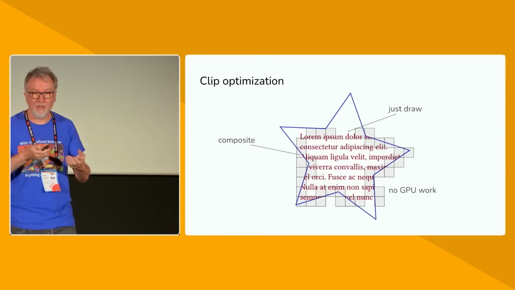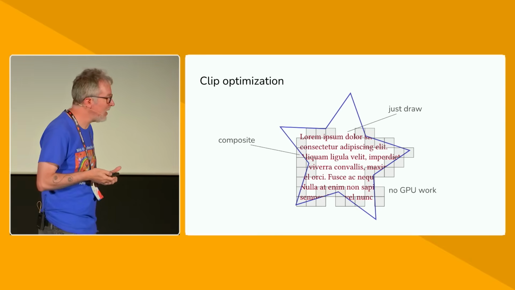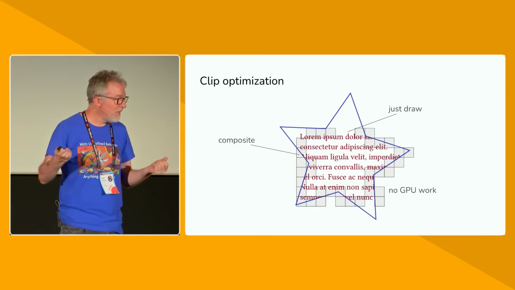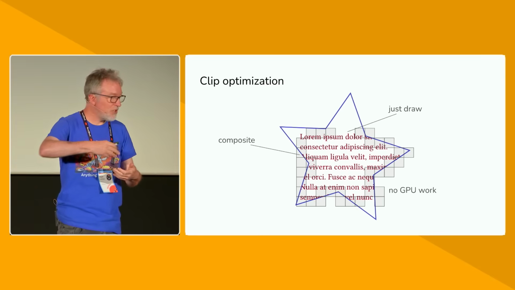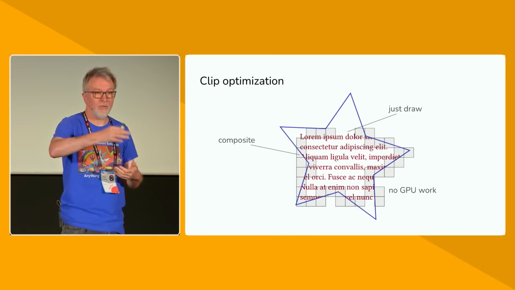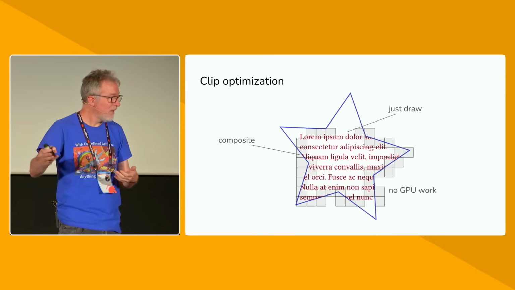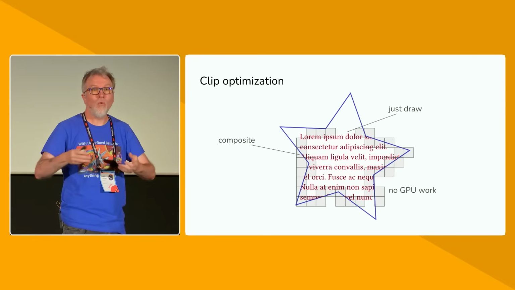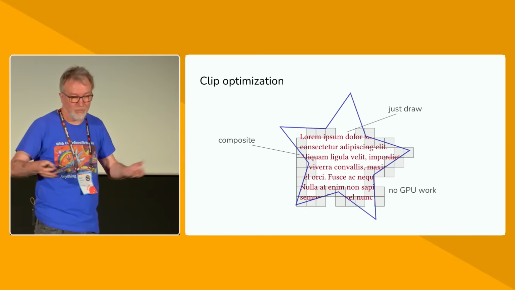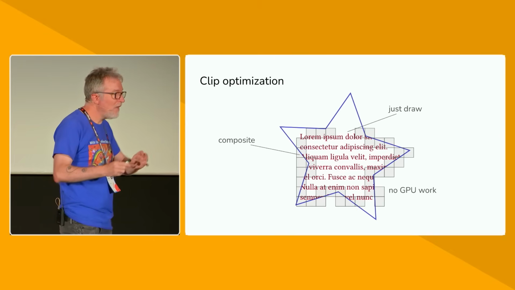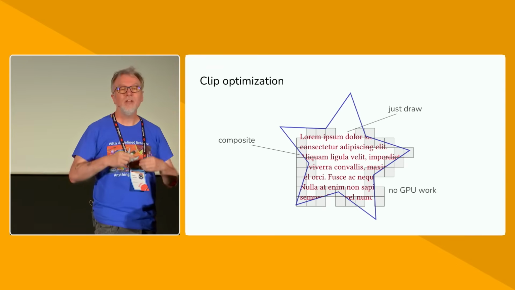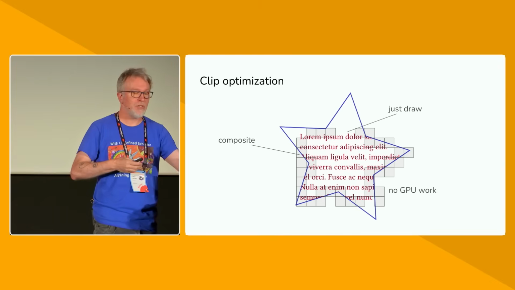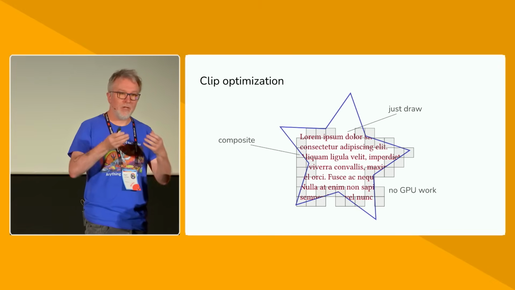So we classify every tile in the clip path into basically 3 possibilities. If you're in the interior of the clip, then you just draw. You just do the same drawing of the interior contents without doing any special processing for the clip at all. If you have nothing to draw, or if you have no clip path, then you don't schedule any work to the GPU. You don't need to draw any pixels, so don't draw anything. And then for the third classification, for the things that actually have some alpha values in the mask, you do compositing. You render the mask, you render the interior content, and you do a compositing operation on those tiles,